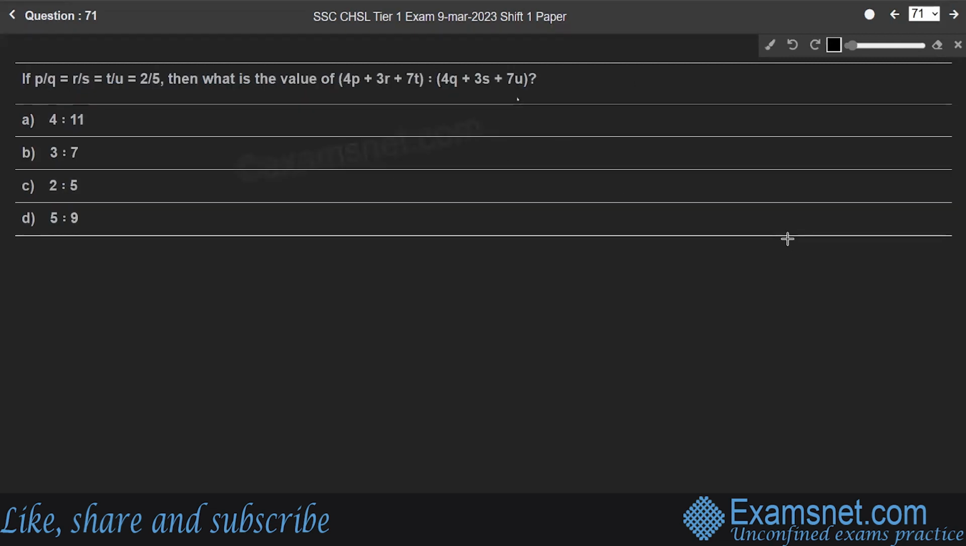Question 71. If P by Q is equal to R by S is equal to T by U is equal to 2 by 5, then what is the value of 4P plus 3R plus 7T is to 4Q plus 3S plus 7U? Since P by Q is 2 by 5, can we write P as 2 into a constant, and Q as 5 into a constant? Because P by Q is 2 by 5, therefore 2 into a number divided by 5 into a number. Since these two numbers k and k are constants which are same,